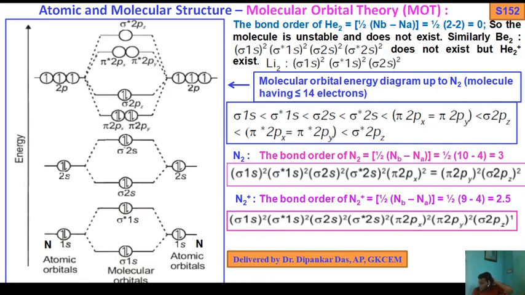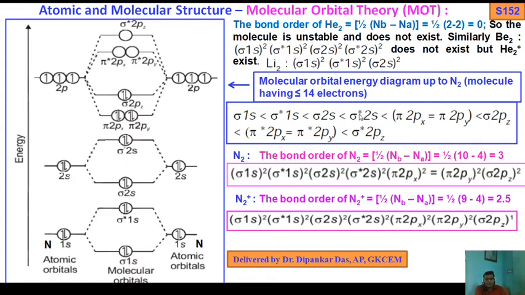So this is the MO energy diagram or electronic configuration order, from lower energy to higher energy. First you should write sigma 1s, because electrons are filled from lower energy to higher energy levels. So first write sigma 1s, then sigma star 1s, then sigma 2s, then sigma star 2s, then pi 2px, pi 2py, as these are degenerate orbitals, I put an equals or equivalent sign, or you can write them below. Then less than sigma 2pz, which is less than the antibonding pi star 2px, pi star 2py, and sigma star 2pz.